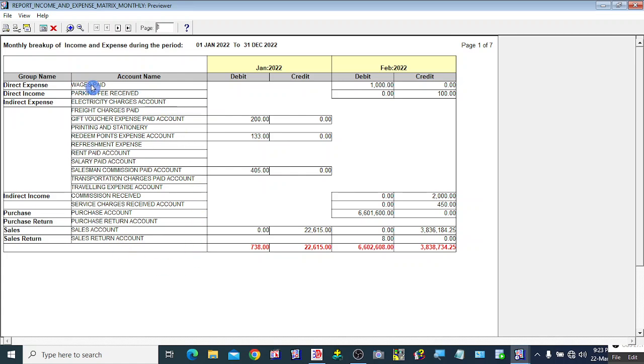All the ledger accounts we can see on the left side, and all the ledger accounts are grouped under the group name, and on the right side, against each ledger account, what is the debit total amount and credit total amount incurred during a specific period of time based on